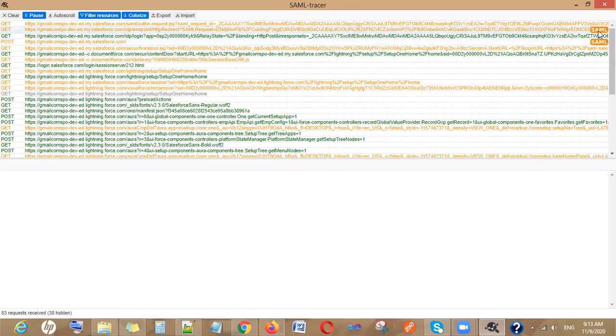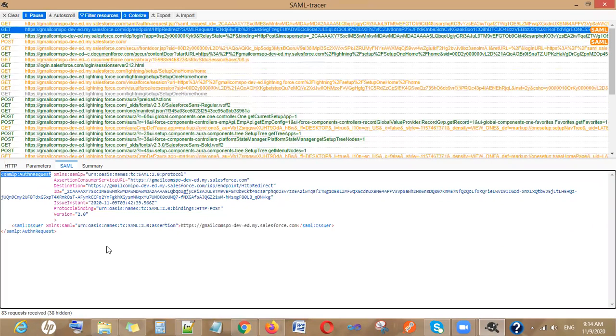So let me click on this thing and see what we are getting in the SAML. Here, in the service provider initiated SAML, we have to check the SAML auth request, where first I will be checking this particular thing, the assertion consumer service URL, which URL you have used, and